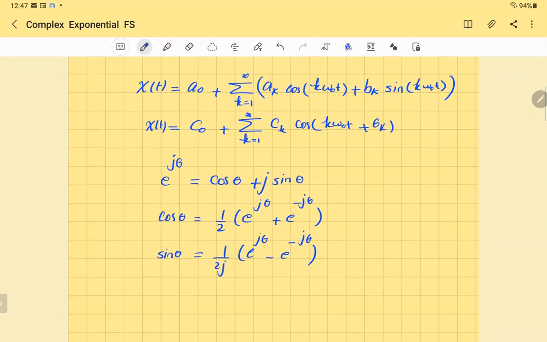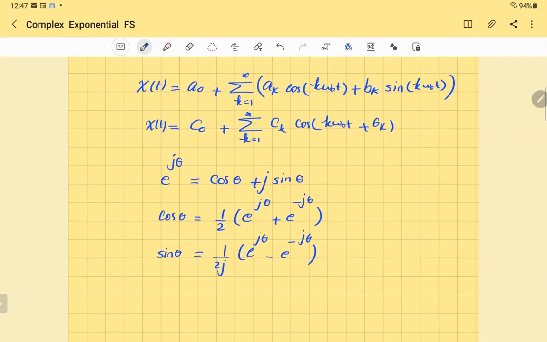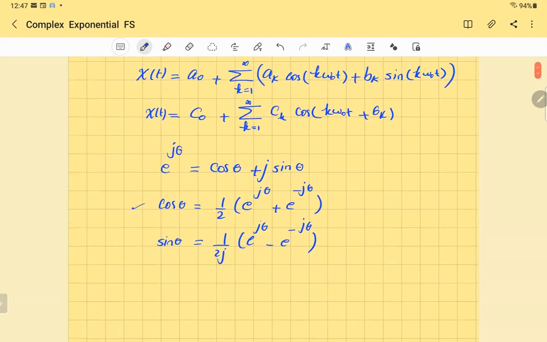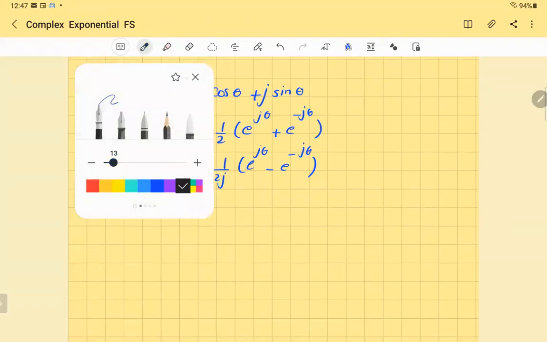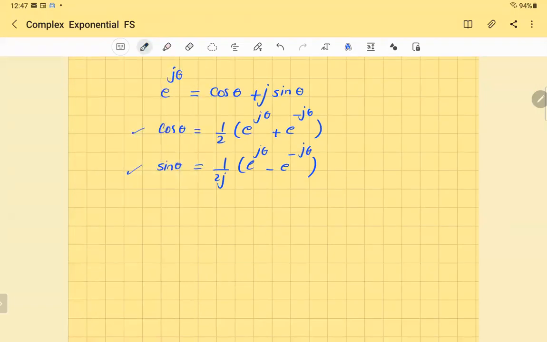So they apply these things to the trigonometric functions cosine and sine, and then they replace cosine by this formula, they replace sine by this formula, and then they got the exponential form of Fourier series that we're going to explain today. So how is it expressed? It's expressed like that. The same function x of t